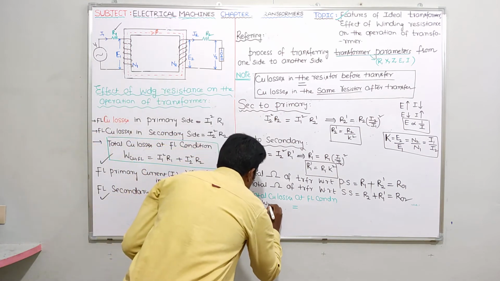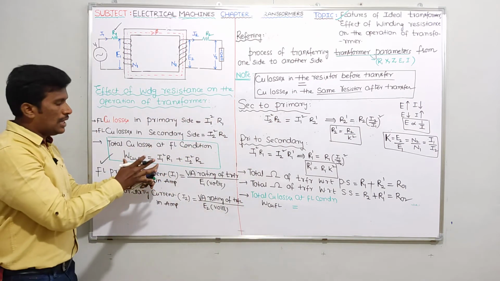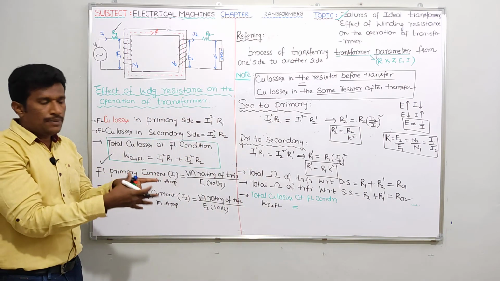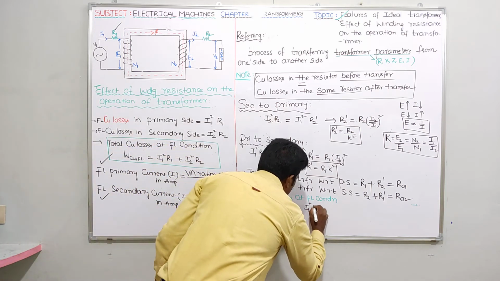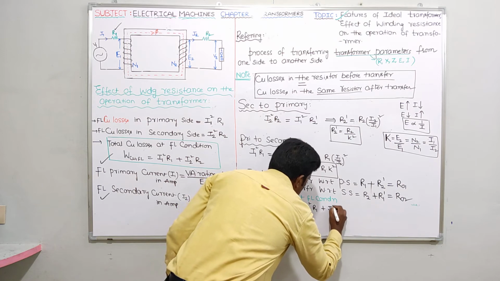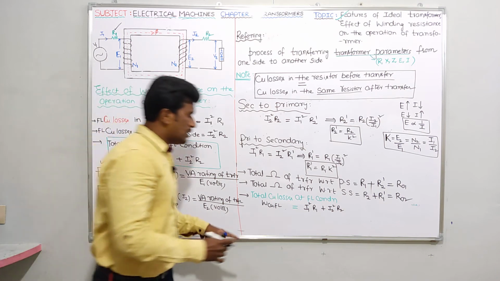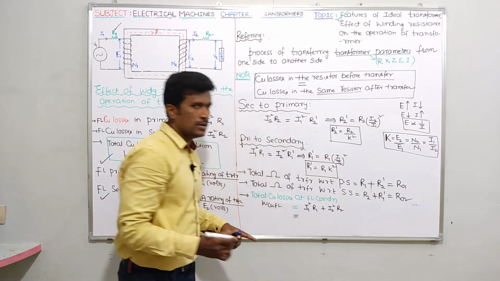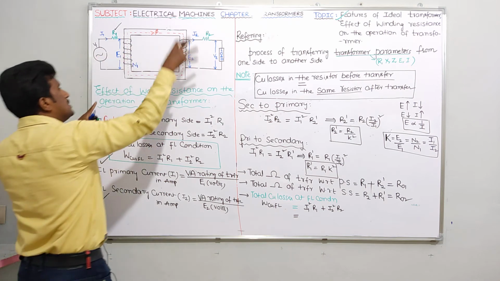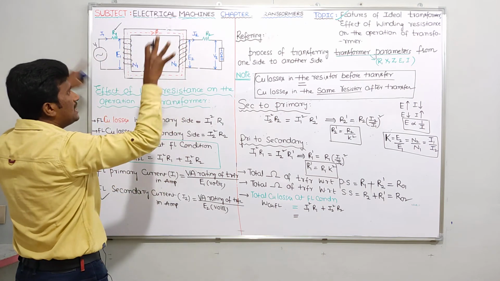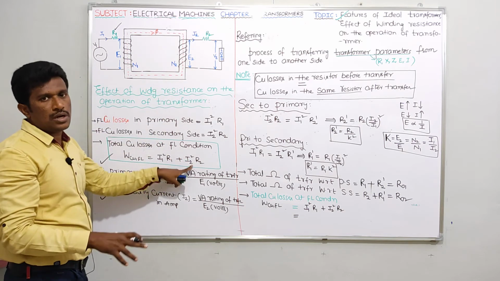WCUFL is equal to, previously you calculated the copper loss in the primary side, you calculated the copper loss in the secondary side, then you added. So I1 square R1 plus I2 square R2. This is the value you told, right? Suppose with respect to primary, it's a very simple question, guys, don't confuse. Whenever R1 is in primary and R2 is secondary, if I won't refer, then the total full load copper losses you can say like this: I1 square R1 plus I2 square R2. That is okay.